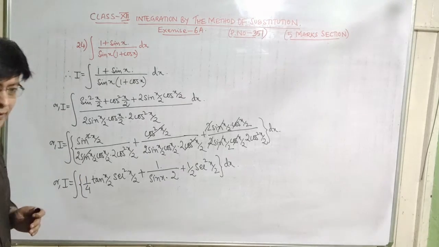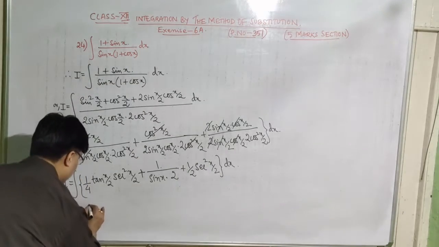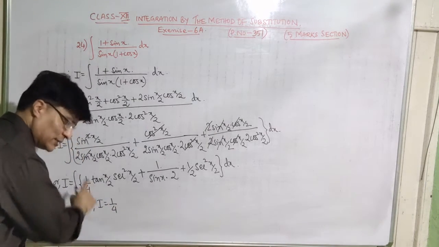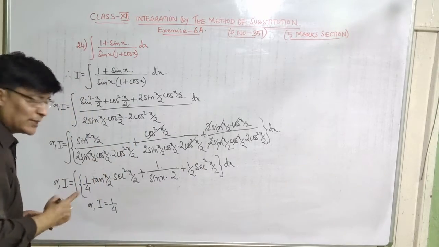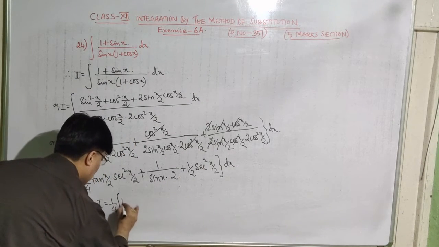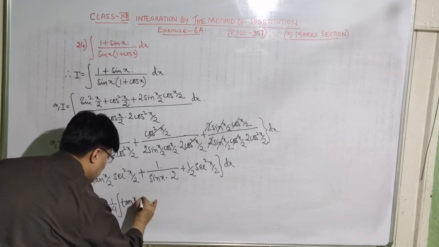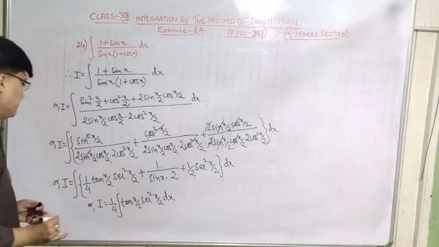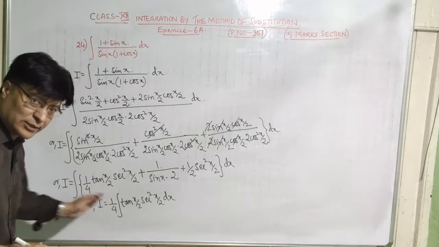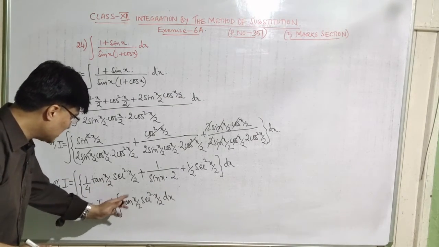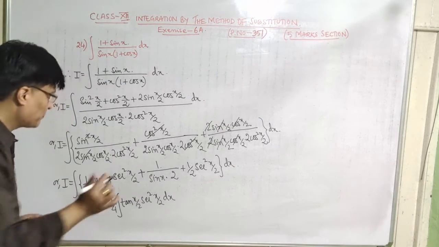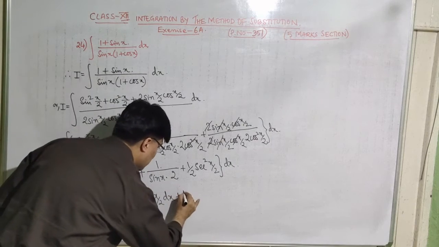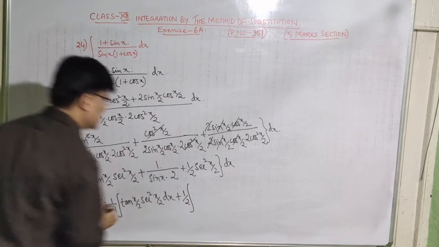We have simplified it. Now separate the term again, or I is equal to 1/4, which is a constant taken outside. Now you can separate this integral sign and dx also. Integral sign, this is tan x by 2, this is sec square x by 2 dx. Is that clear? 1/4 is constant taken outside. Integration of tan x by 2 sec square x by 2 dx plus. Now you know that this half is a constant taken outside, and this is integration of